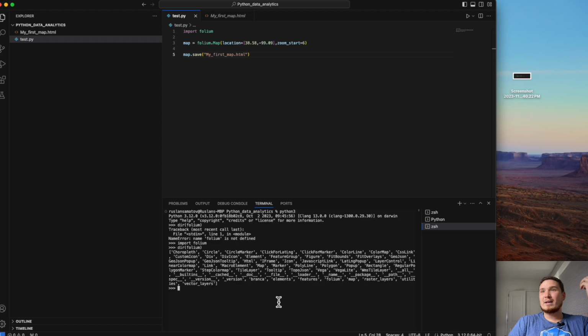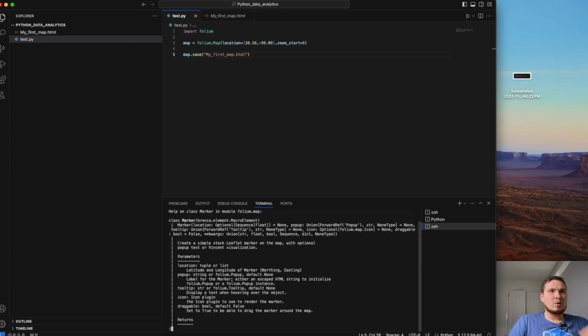Okay, what kind of parameters do we need to use this marker? Let's see. I want help on Folium dot marker. Okay, what kind of methods do we have here? As a parameter it accepts a tuple or list.